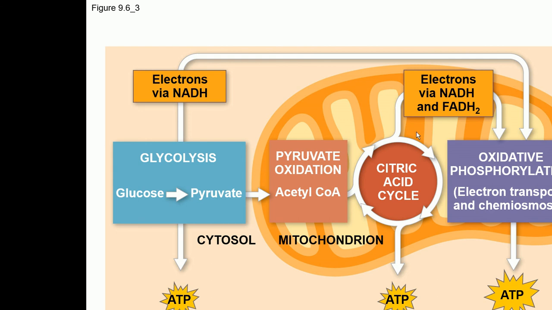In this whole process, the last step is when the electrons reach the inner membrane of mitochondria with the help of the different electron carriers. When they reach there, they flow through electron transport chains. And what is the electron transport chain? There are four protein complexes embedded in the inner membrane of mitochondria. The electrons flow through these protein complexes which make the electron transport chain, and then eventually